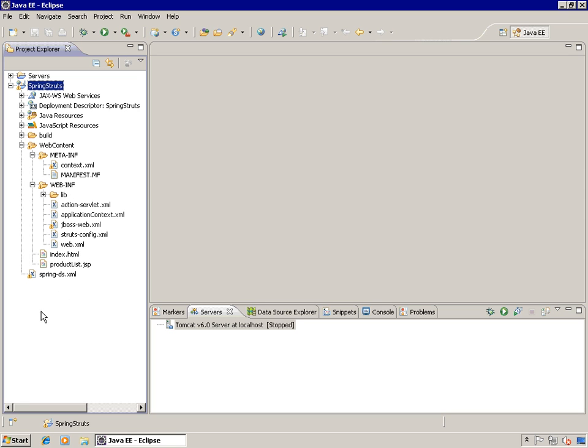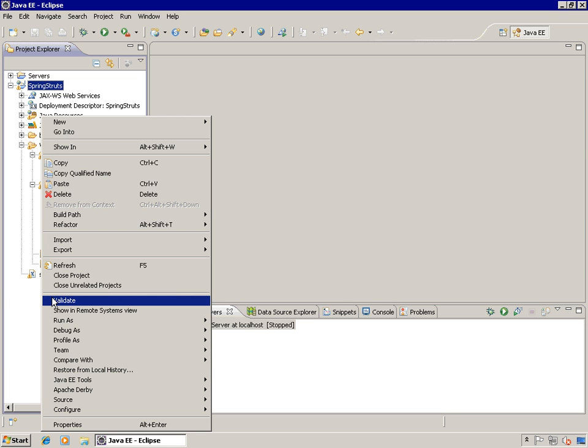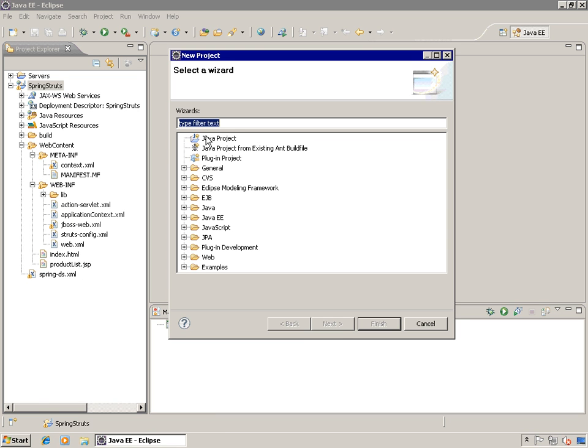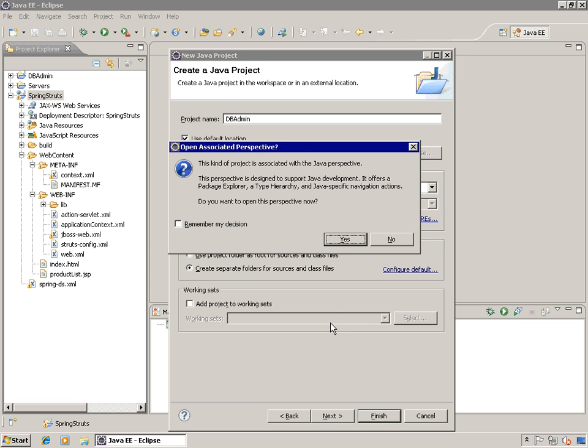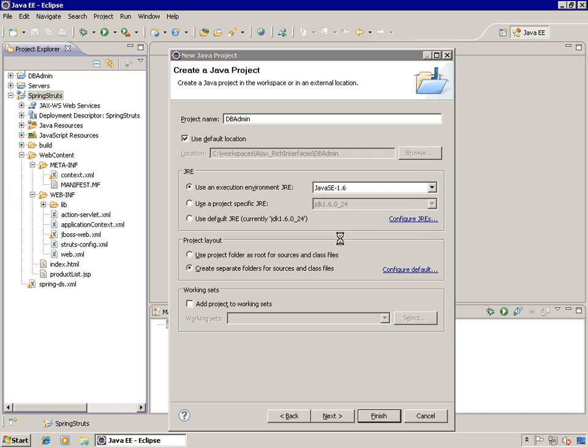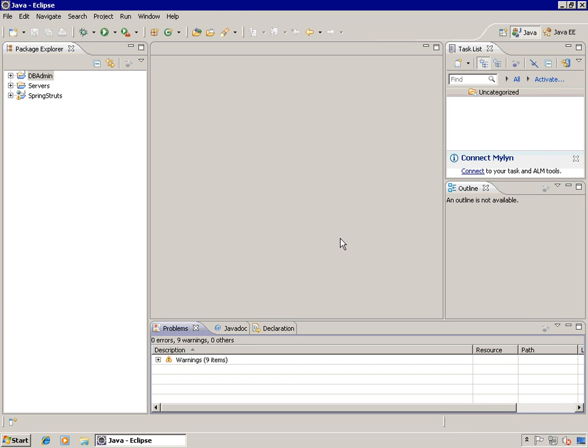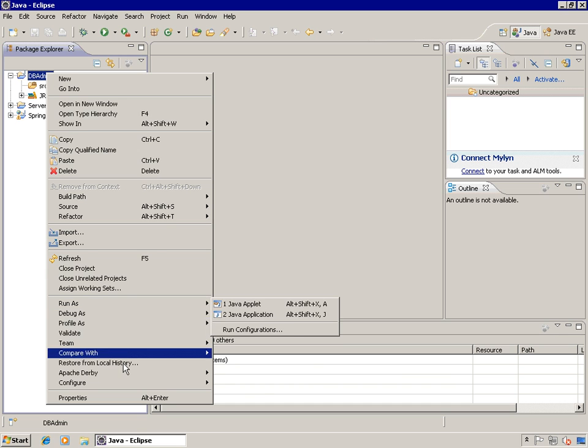So again, I saved you time of watching me do mundane stuff here, but I'm going to create a new project. It's going to be just a regular Java project, or actually a regular project would do, but I'm going to leave it as a Java project. And we're going to call it DB admin because we're going to control our database this way. And one of the things we want to do with this is right click on it, and we want to